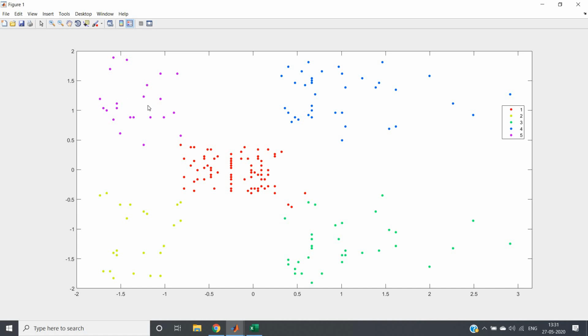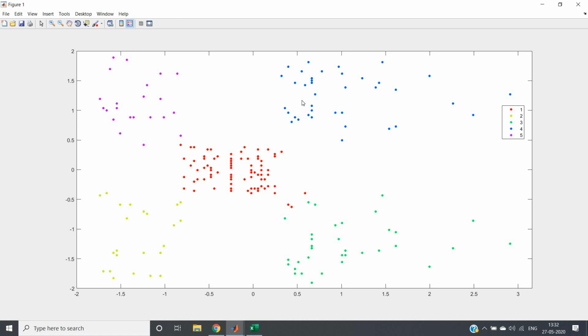For this particular customer cluster, there is low annual income but very high spending score, which clearly indicates that they simply waste their money. And this particular cluster indicates high annual income and high spending score.